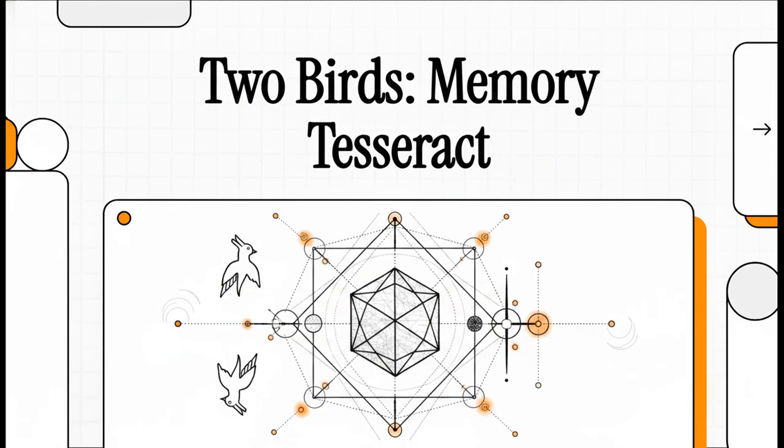All right, let's jump right into this explainer. Today we're unpacking a truly mind-bending premise known as the two birds. We're going to look at the Quran in a completely different light, not as some ancient historical document, but as what the source material calls an Eternal Memory Tesseract. Seriously, it proposes this intricate framework where every single linguistic choice acts as a precise mathematical coordinate, literally guiding the reader through a living, breathing equation.